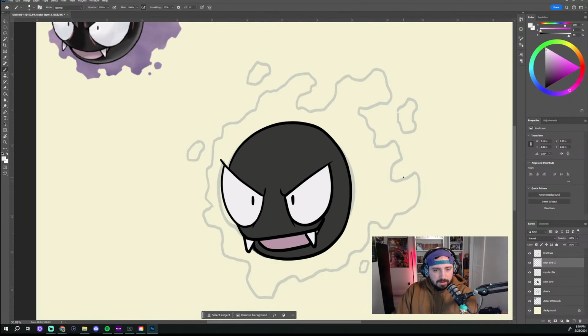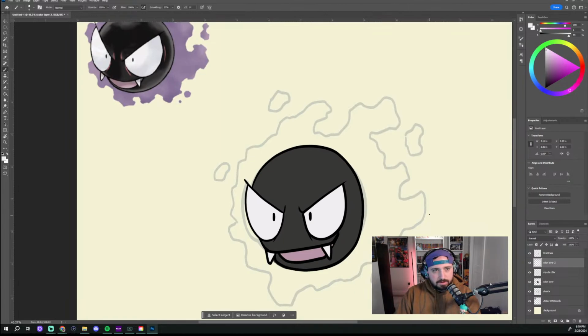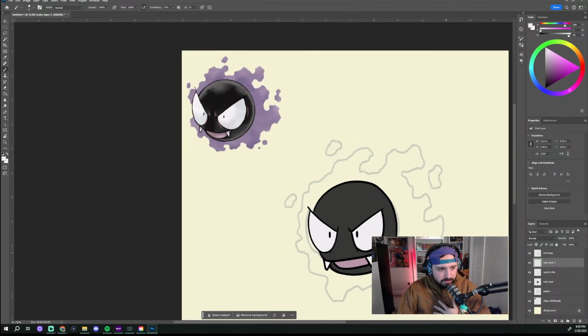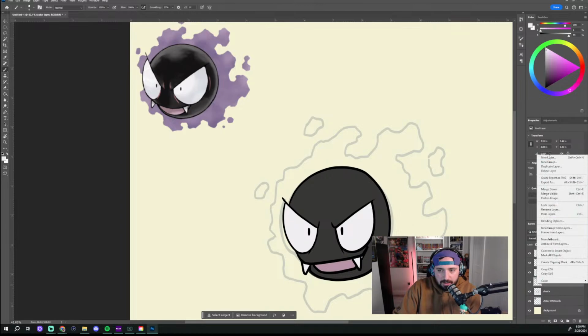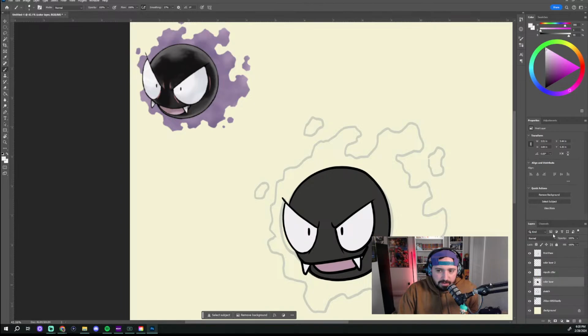Okay, and then the next thing is to hit it with some highlights and shadows. Now they do some cool stuff with different colors. I'm gonna hit it with just some highlights and shadows pretty quickly, almost cell shading in a way. And there's a couple different ways we can do that. We could alpha lock this layer. So if we click on this layer, alpha lock means we can lock it so that it cannot be colored on outside of the color on this layer. So if I hit this right here,